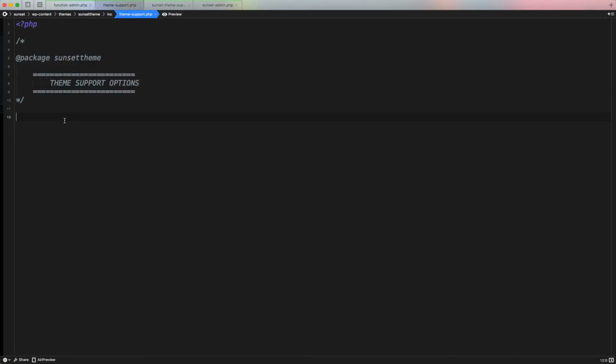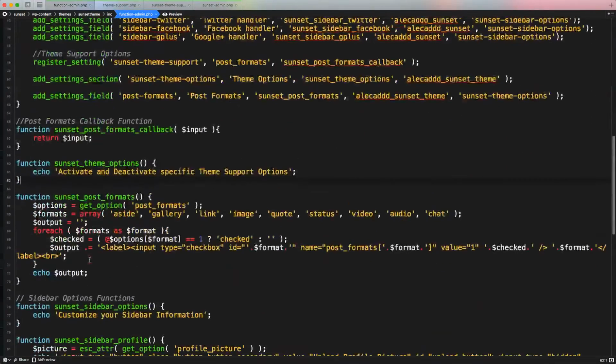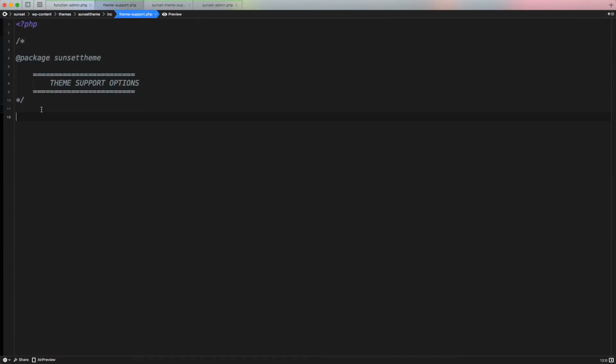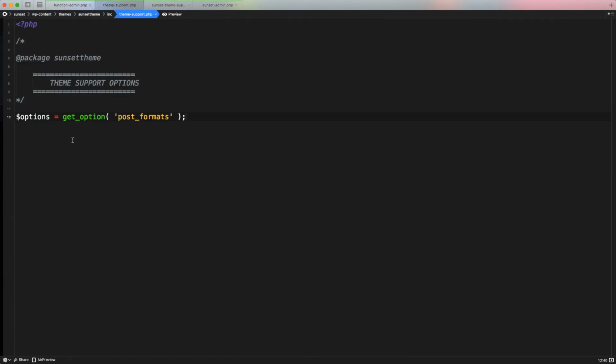And inside here, we can use pretty much the same function, the same options that we created here to retrieve our post formats. So let's copy this. Options is equal to get options post formats. And we can check if the array is not empty. If